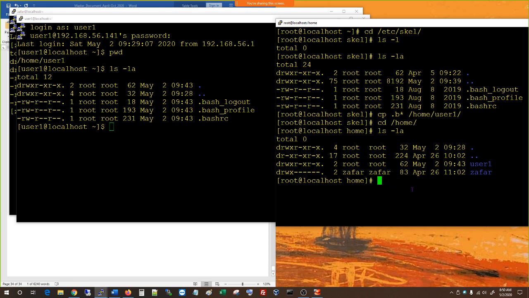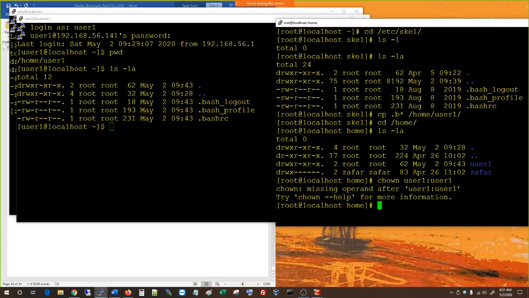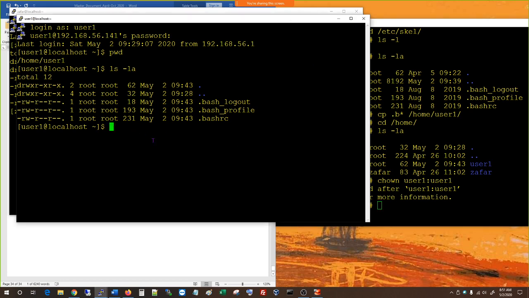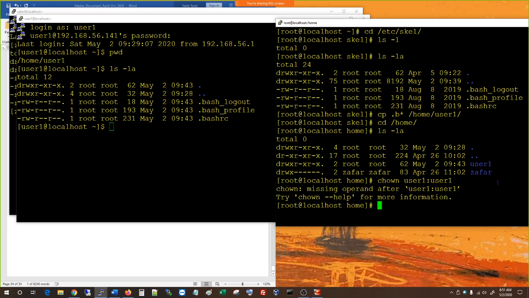So we're going to do chown, change ownership. Okay, and then I'm going to do user1 colon user1. Okay, don't worry about this command now. I'm going to explain this in a lot of detail when we start the permissions. Okay, so let's see if it has changed. User own, and name of the directory, user1. Okay,